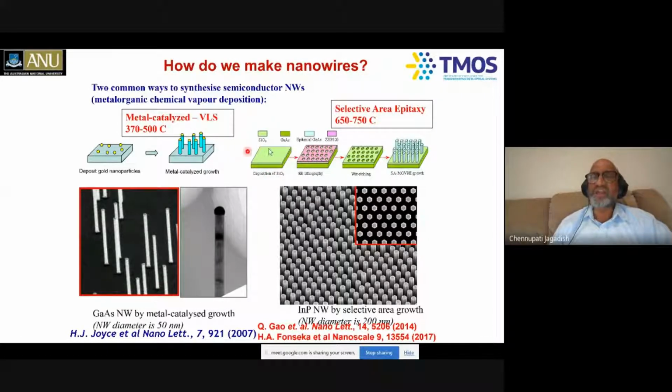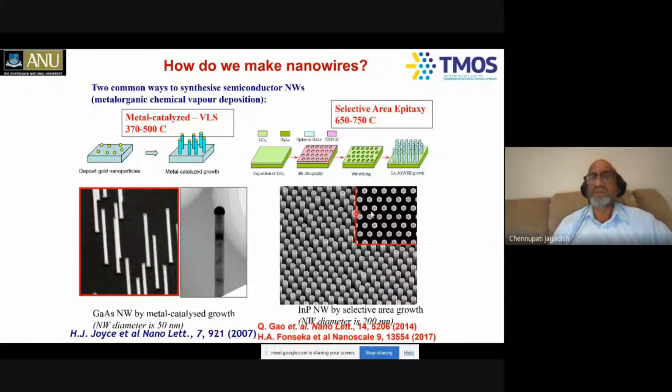We deposit some silicon dioxide using plasma-enhanced chemical vapor deposition, spin coat some ZEP resist, do electron beam lithography and create ordered patterns of holes here. And then you etch through those holes and remove the photoresist afterwards. What you end up having is the indium phosphide wafer coated with silicon dioxide, with the holes opened up so that in these holes indium phosphide has been exposed.